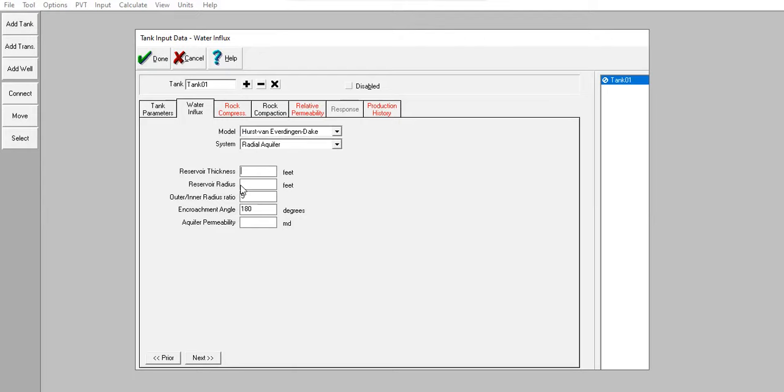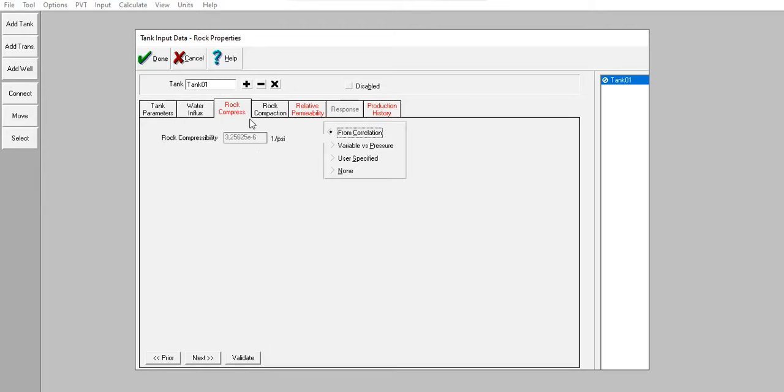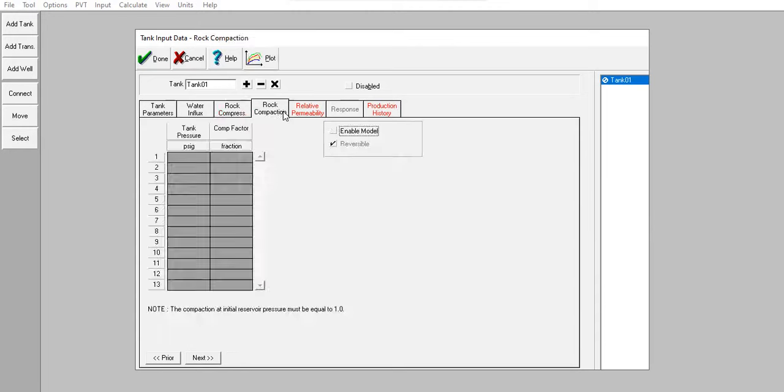All right, so the reservoir thickness 100 feet with outer to inner radius ratio of 4 and the aquifer permeability quite high, 200,000 millidarcies. Okay, so far so good. For the rock compressibility, I will use user specified and the number is this one, 4 times 10 to the power of minus 6. Okay, rock compaction,